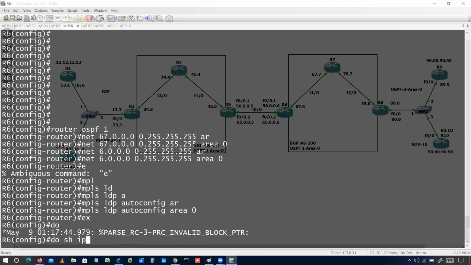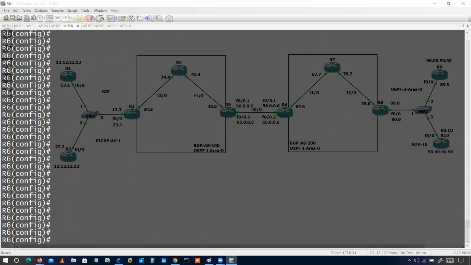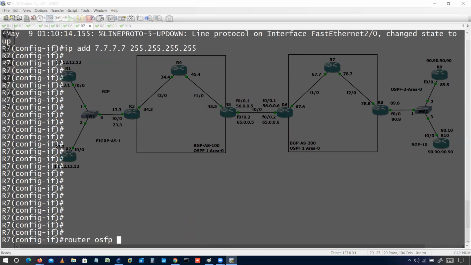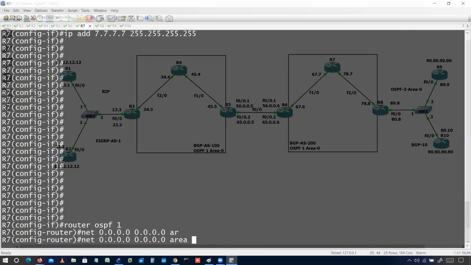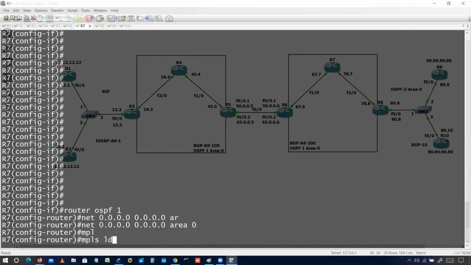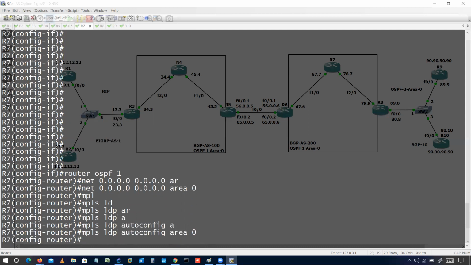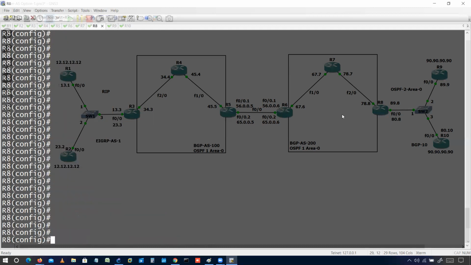Fine. Let me check, do we have loopback address or not? Yes, we have loopback address. Fine. I'll go to R7, router OSPF 1, network. So I can put here 0.0.0.0, no problem. And mpls ldp autoconfig area 0. It means whatever interfaces we have in this process, just run MPLS LDP. Let's go to R8.